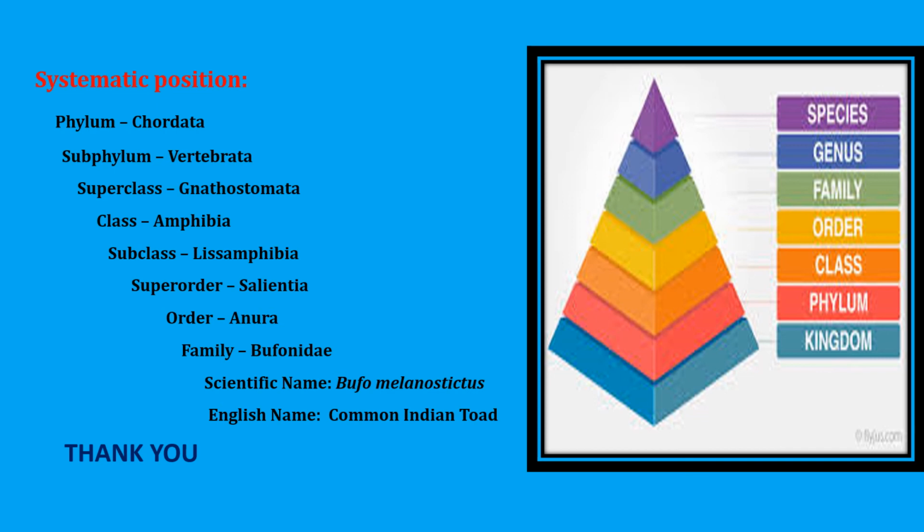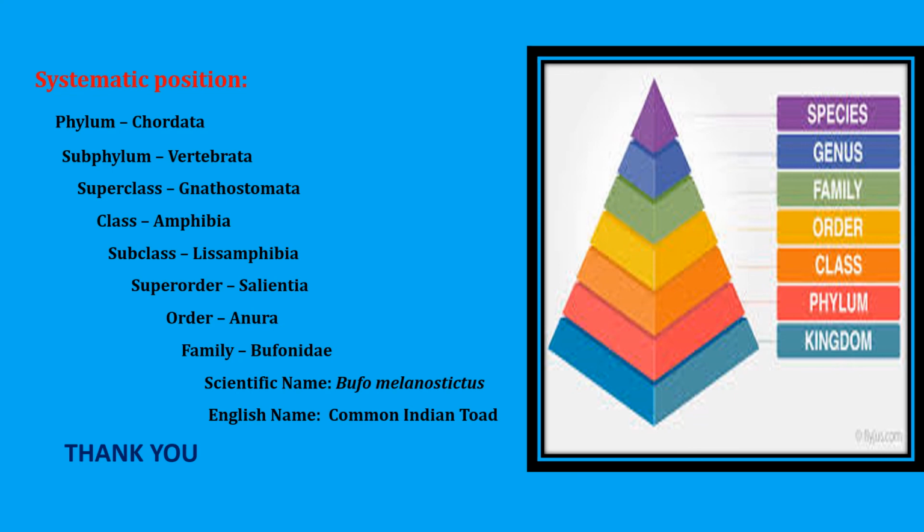That means phylum we have written, but subphylum we have written slightly right hand side. Why? Because the number of animals under subphylum is less than phylum. Like class and section example. Again, when superclass we are writing it slightly right hand side, so again, number of animals under this superclass is decreasing. So like this it will go, and finally it will come to scientific name of that particular animal.